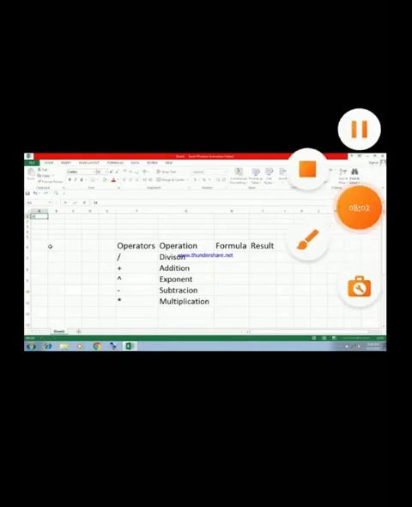Multiplication, subtraction and multiplication. Now I am going to use the formula and you will get the result after clicking on enter after writing the formula. In the A1 and A2 column I am going to mention some values, after deleting the previous ones, cutting both values. After this I am going to write in the A1 column, here I am writing 10. You can see here the row number. In this I am going to mention 10, and below this in the A2 column I am going to mention 2.